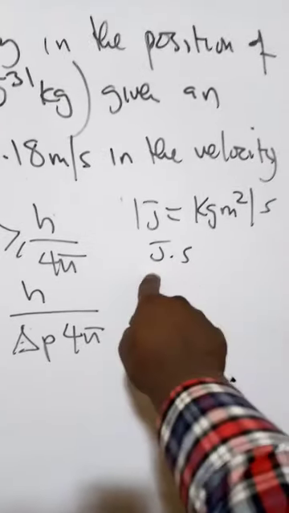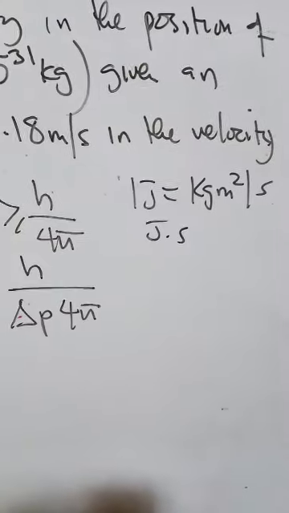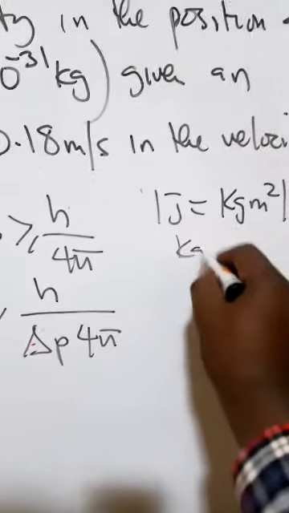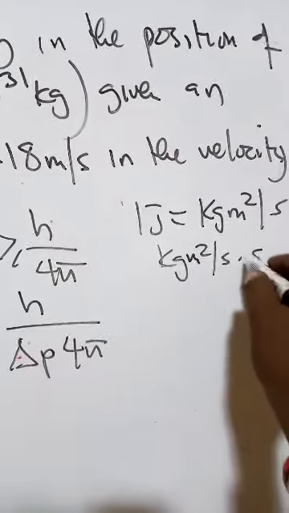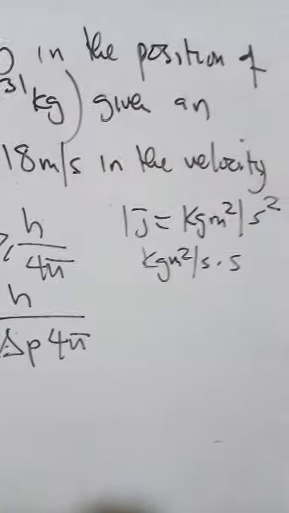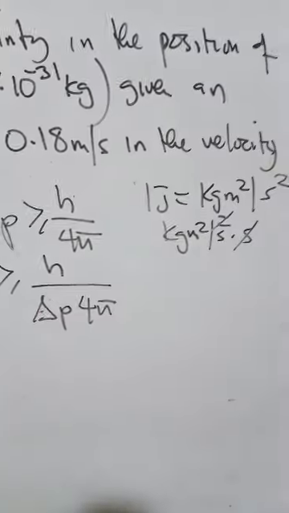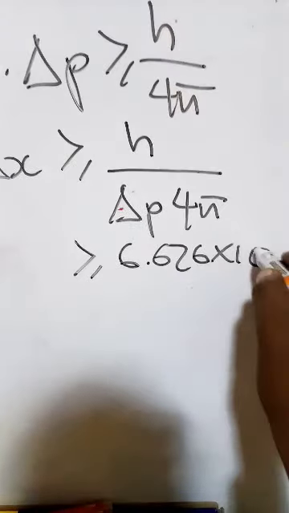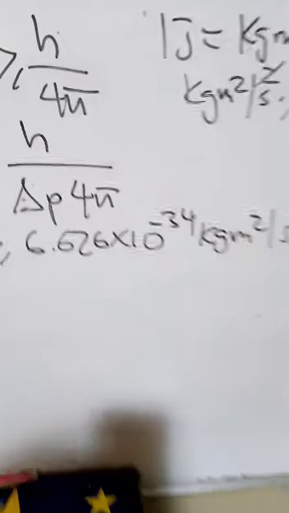So we simply substitute joule by this kg meter squared. Then now we have kg meter squared per second times second, so the second times the second is second squared. So here we cancel that, then we remain with a second. So in this case the Planck's constant will be 6.626 times 10 to the power negative 34 kg meter squared per second